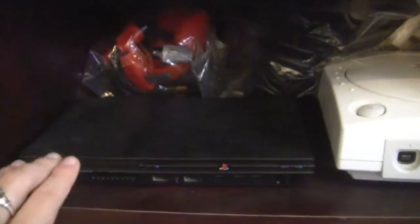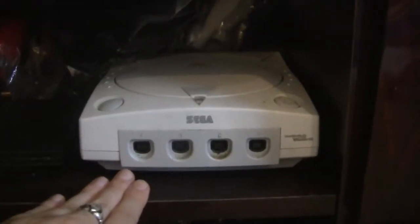So basically I have my PS2 Slim, and I have my Sega Dreamcast, and then back here I have the accessories for the Sega Dreamcast, accessories for PlayStation. I have some N64 stuff. Basically, a lot of my retro system plugs and accessories are back there, so if I ever want